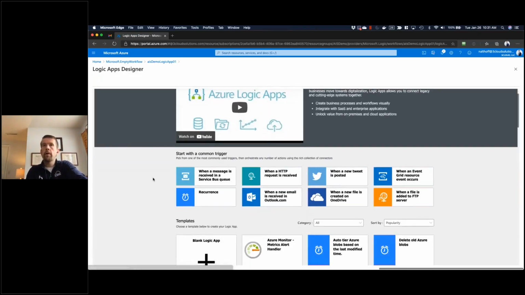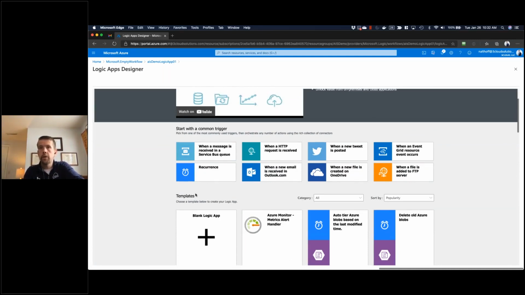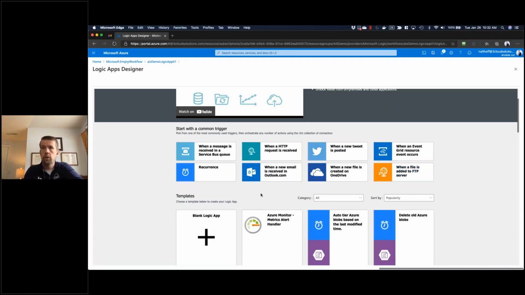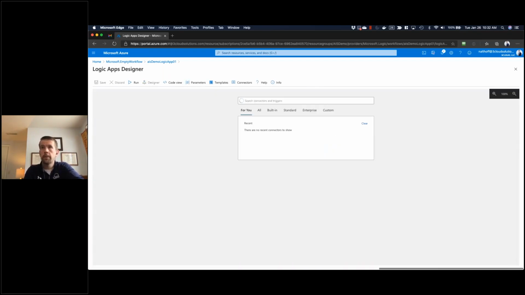So when you start a brand new empty logic app, you have lots of examples here. I did mention some of these, some of the items that can trigger a logic app. So messages received in the service bus. There's a webhook. If you want to do some work on Twitter, you want to do Outlook.com, FTP server, I mentioned that. For our example, there's no super straightforward one out of the box,